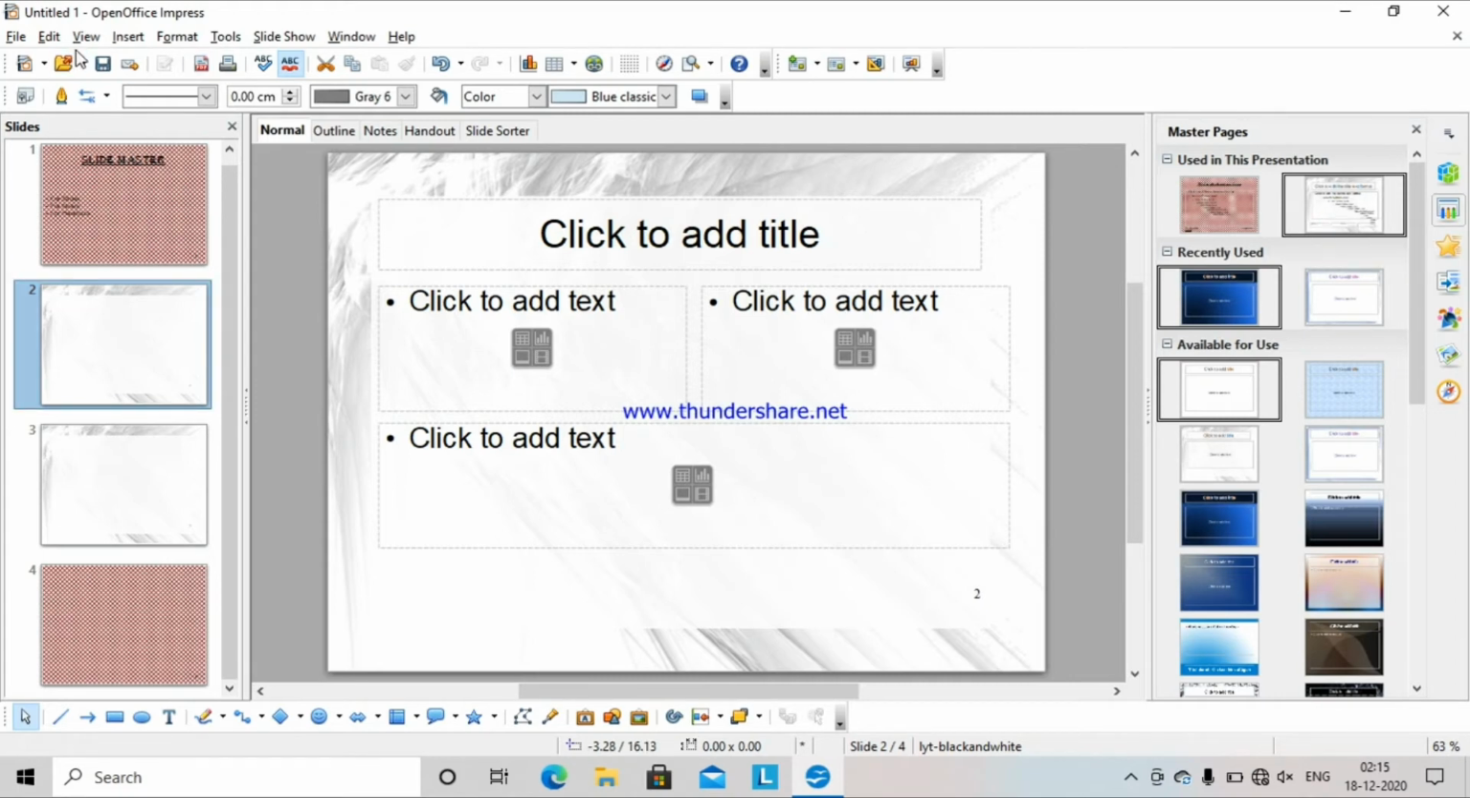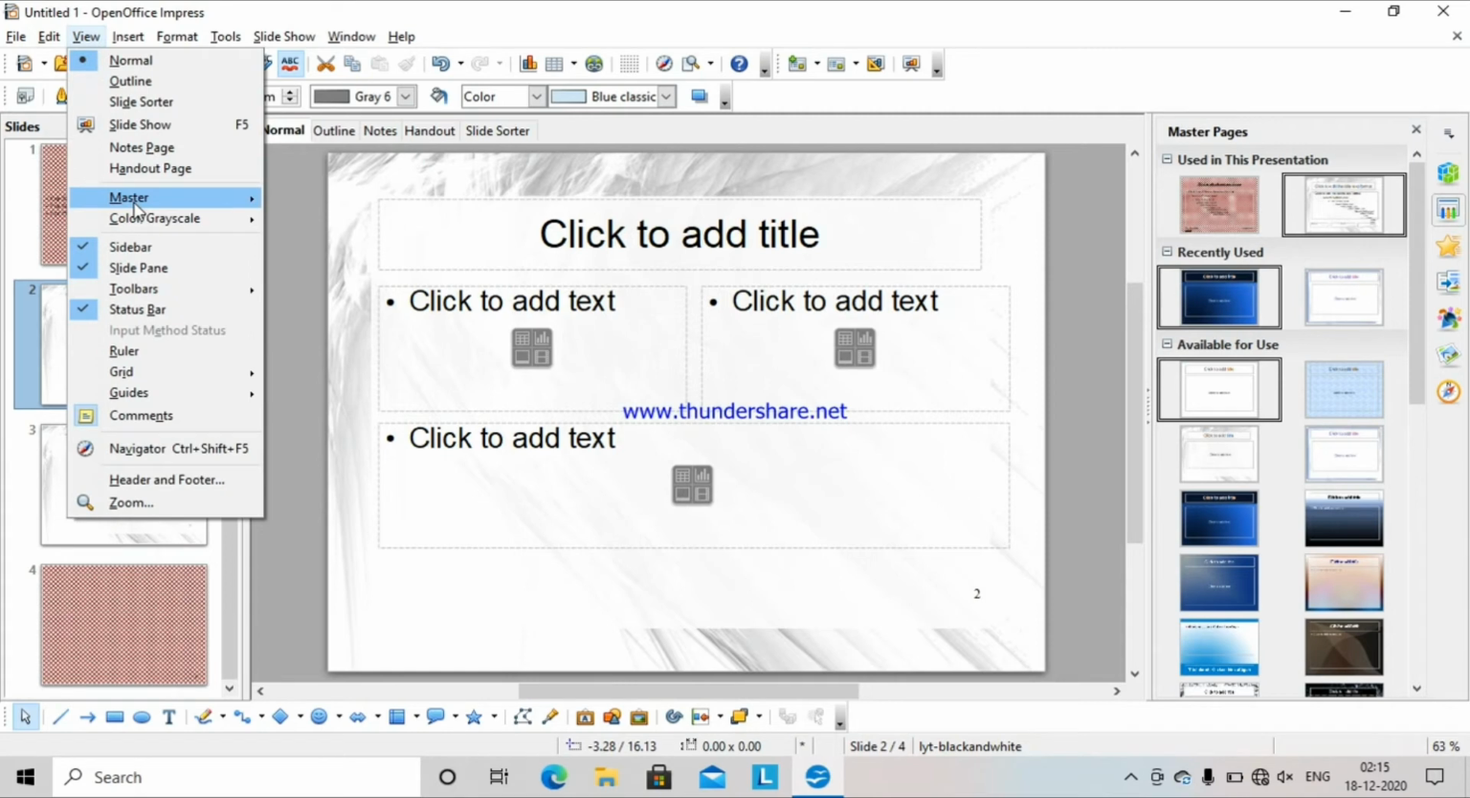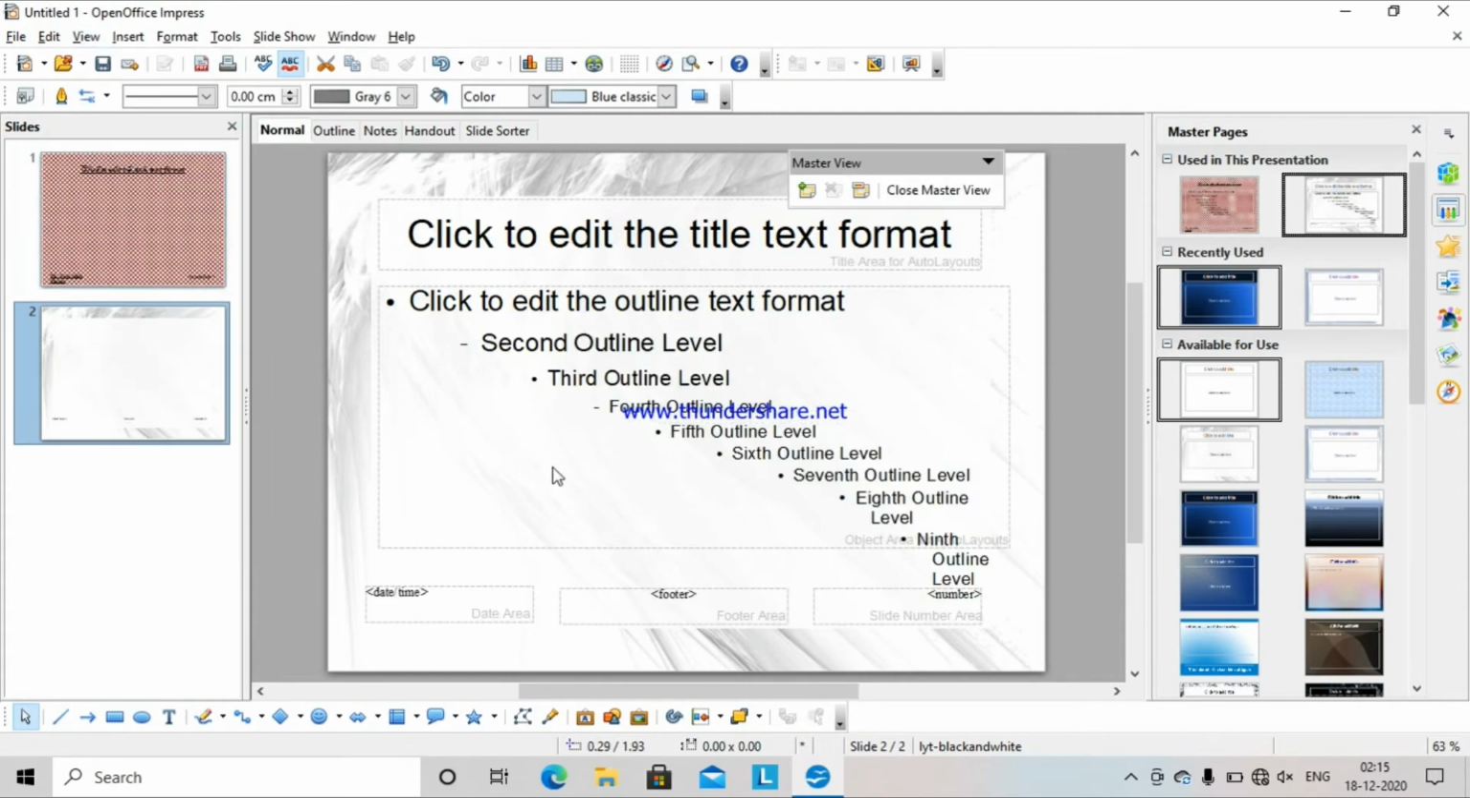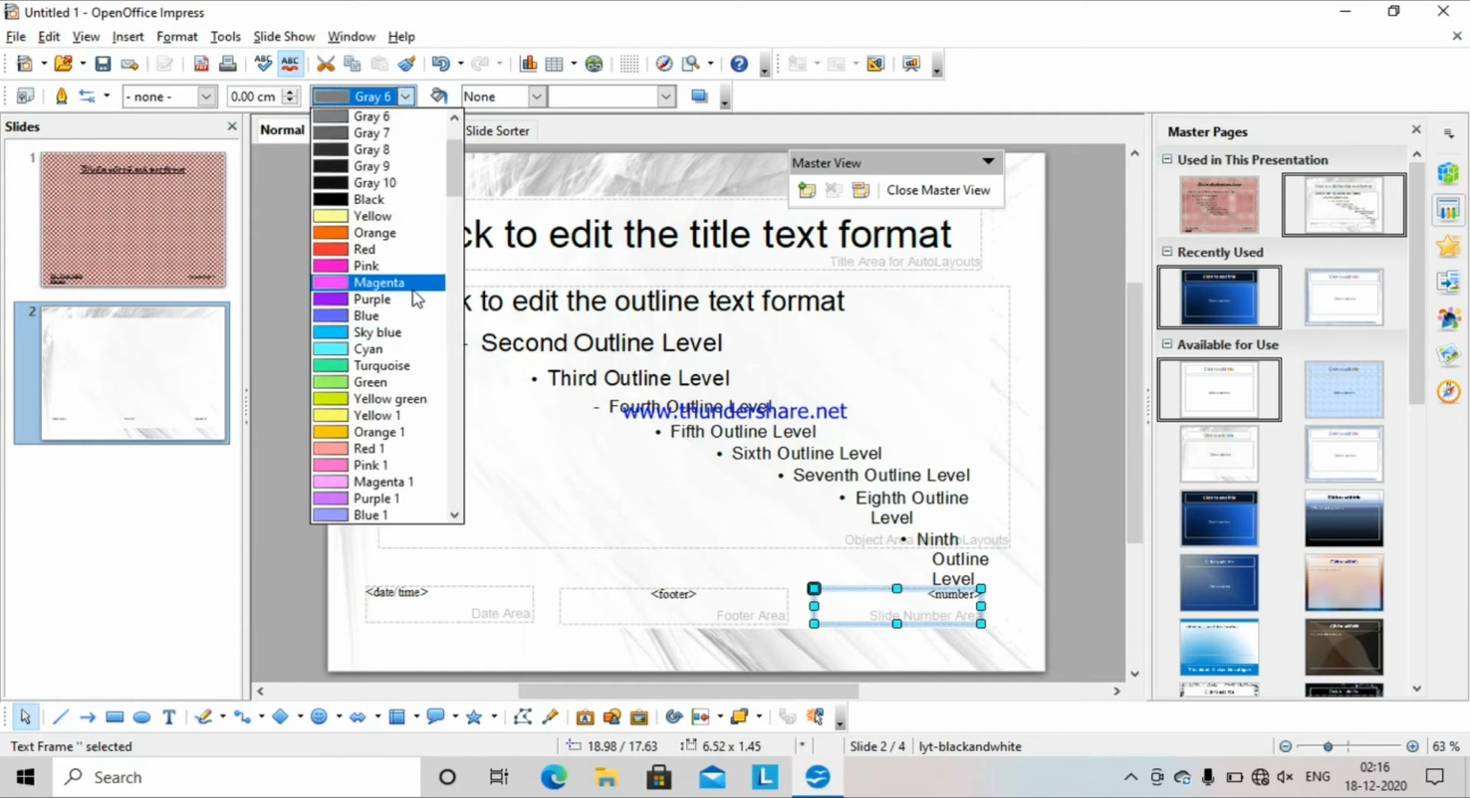I would go to View. I would click on Master and Slide Master. Now this is the second slide. This is the second slide master and this is the page number. So this is the slide number footer for the second slide master. Now if I do the settings here, suppose I change the color also. I make it